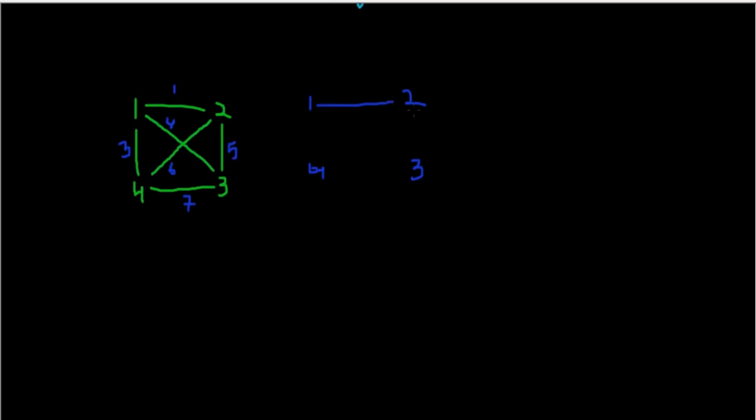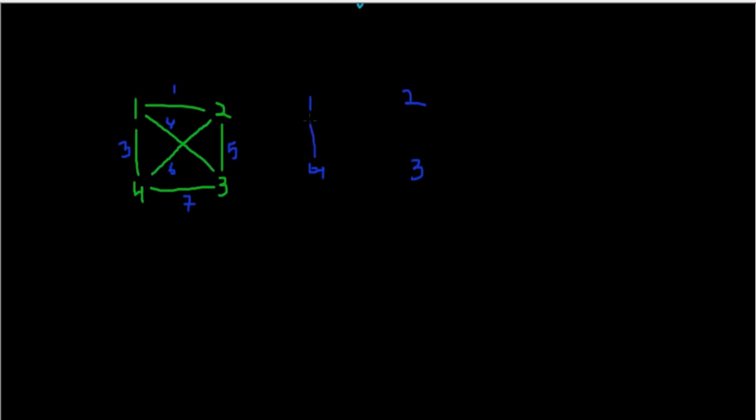So one way is like this, from 1 to 2, 2 to 3 and 3 to 4, right? And one way is like this, if I connect 1 to 3 and 1 to 2 and 4 to 3, right? So मैं connections वही बना सकता हूँ जो मेरे ग्राफ में valid है. So there is an edge from 4 to 3 in my main graph, that's why I'm adding this 4 to 3 edge, right? So one more spanning tree can be like this, from 4 to 2 and 1 to 2 and 1 to 3, right? So these can be possible spanning trees.